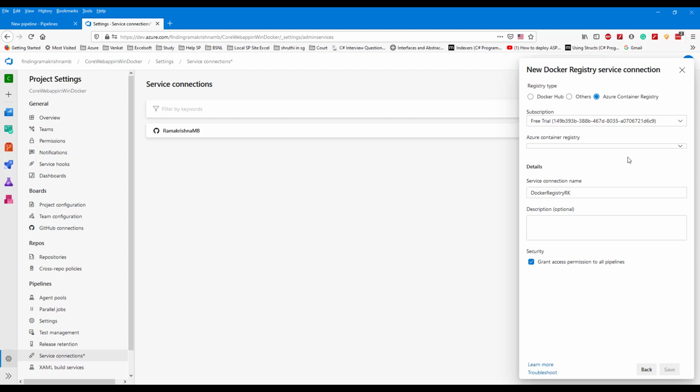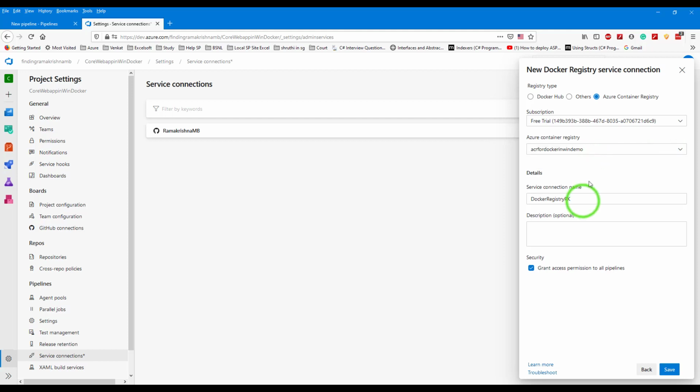So we select Azure Container Registry as the service type, select the container, give a valid name, and make sure that grant access permission to all pipelines is checked. Save the connection.